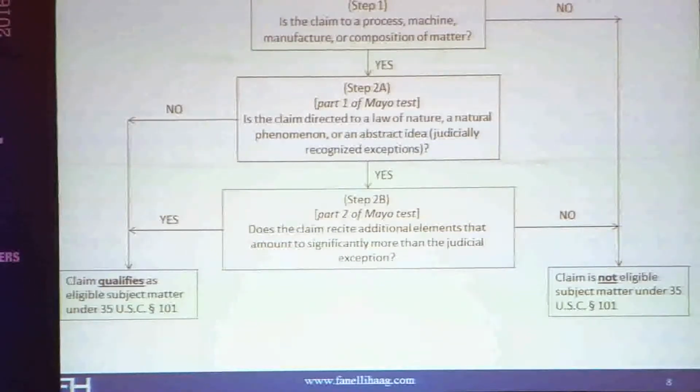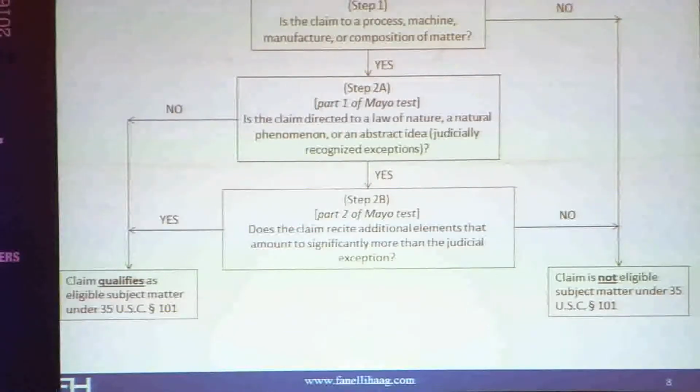So this is the flow chart, if you will, that the Patent Office put up on its website back in July of what the examiners do when they get a case. The first thing you're supposed to ask is, is it directed to a process, machine, manufacture, or composition of matter? If it's not, it doesn't meet the statutory requirements of 101, and we don't even have to worry about it. If it does, then the second question is, is the claim directed to a law of nature, a natural process, et cetera? If it isn't, we can go through and examine it as we would for novelty, obviousness, written description, et cetera. If it is directed to one of those judicial exceptions, we now have to do part 2. And part 2 is where all of the action is, all of the concern is, and unfortunately a lot of ambiguity is.